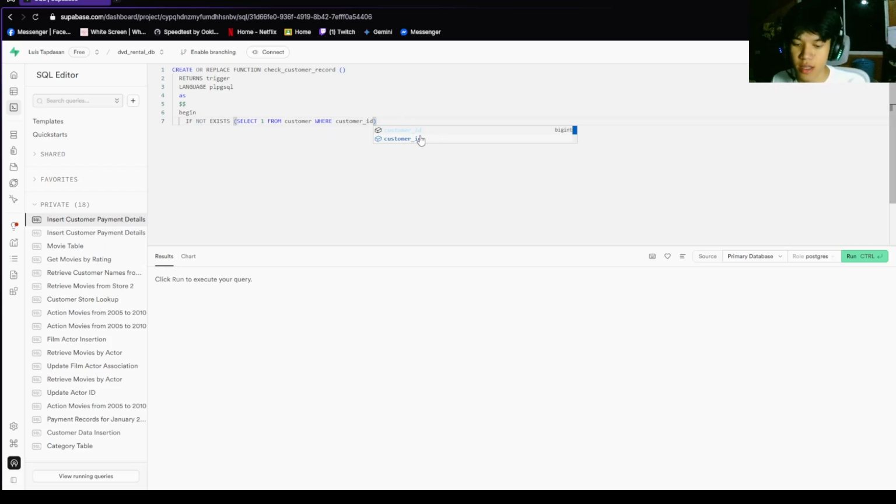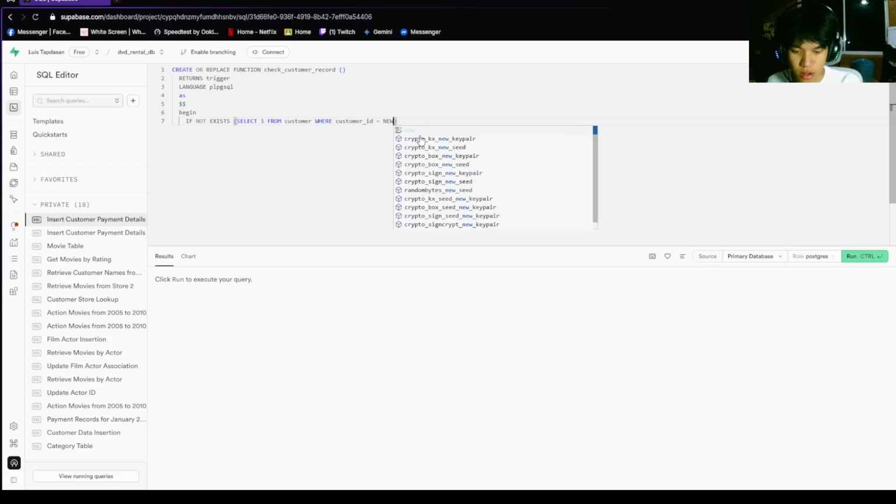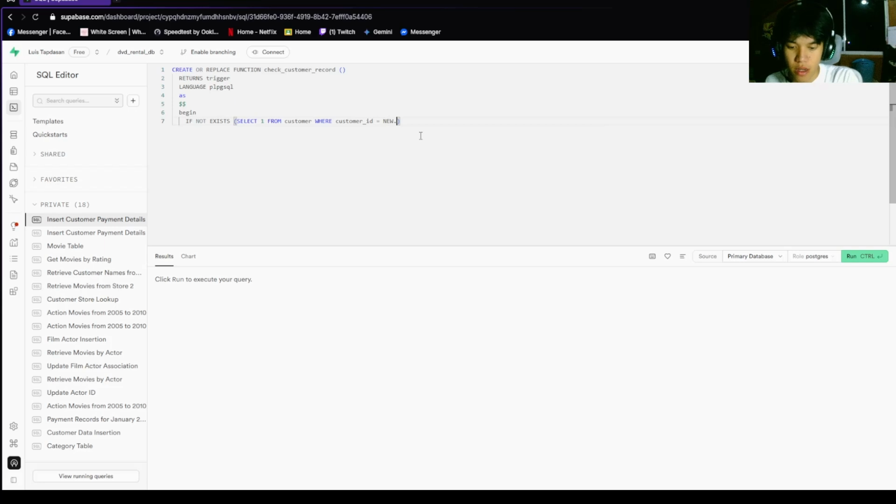So that's what it will be referring to: new customer ID. And then we're going to add then insert into customer, the table.